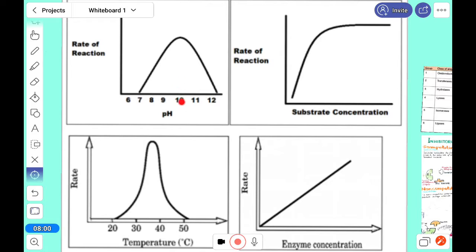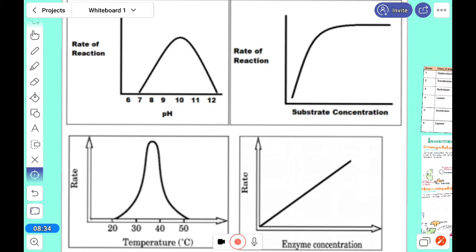It depends upon the enzyme. The enzyme pepsin can react in an acidic medium, pH 2, and several other digestive enzymes work in a basic medium. So there is a certain optimum level. It means that if this level is not reached, then the rate of the reaction will be less. If it is more, suppose in 8 it is here, and in 11 also it is here, it should be